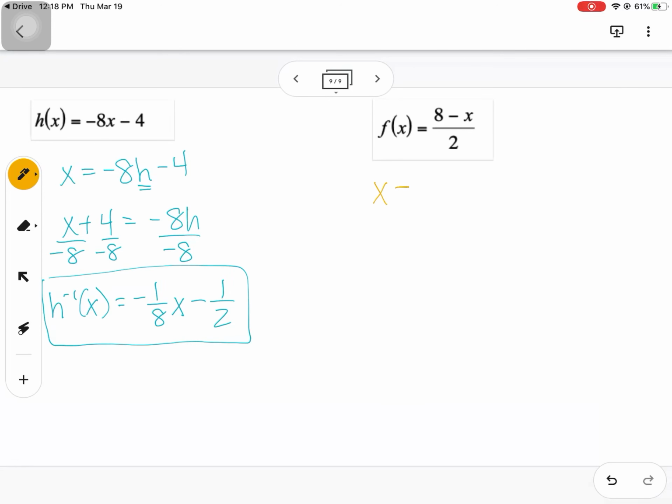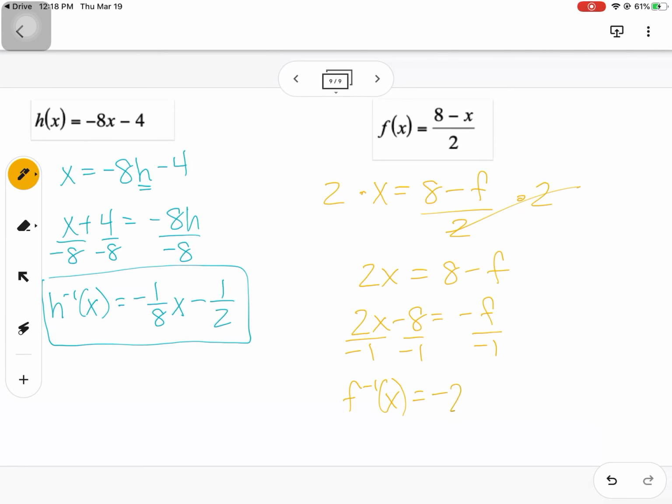To try this next one, again, I would flip my variables. I would personally get rid of this 2 first since it's under everything. So I would multiply both sides by 2. So you get 2x equals, those cancel, 8 minus f. You would subtract that 8 over. And then there's this negative still here, so I need to divide everything by negative 1. So my inverse of f would be negative 2x plus